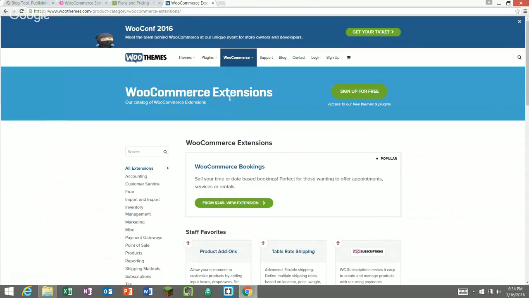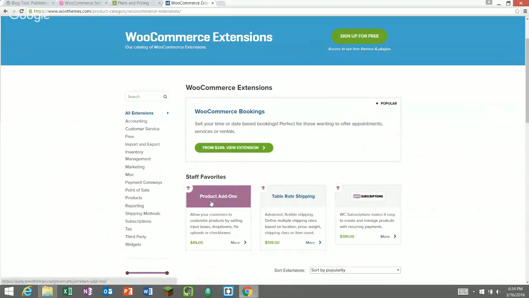So, for example, on the Coder Kids Club site, we've got, I think, 10 or 15 different extensions. Like the fact you can pay by credit card on our site because we use this thing called Stripe. So you can pay with PayPal. We're using the default PayPal setup, but you can also use Stripe to pay and check. We also have product add-ons because some of our products are configurable. We've also got things like